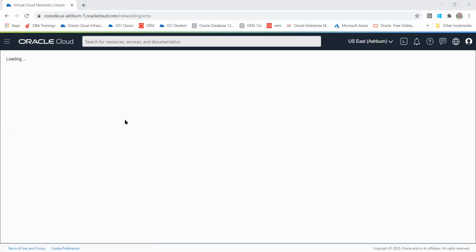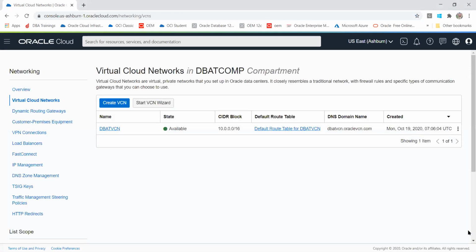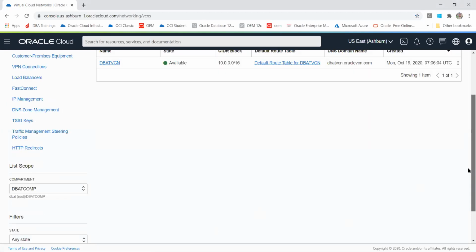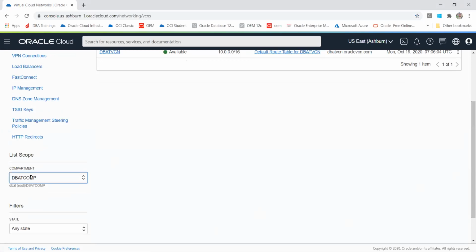So once you click on the virtual cloud network, there are multiple options you can see. Got it? So you first need to select your compartment, in which compartment you are going to create the network. Got it? If you have not created any compartment, there are two options. Either you can create one or you can use an existing one. So in my case, we already have the network and the compartment, you can see,